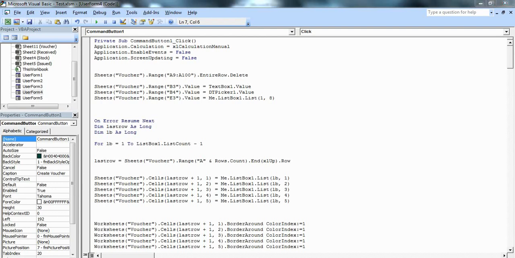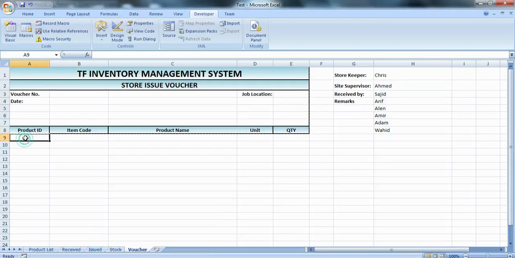It means that our product details start from row 9. So from row 9 up to row 100, whatever data is available here will be deleted, if any data is there from a previous watcher.